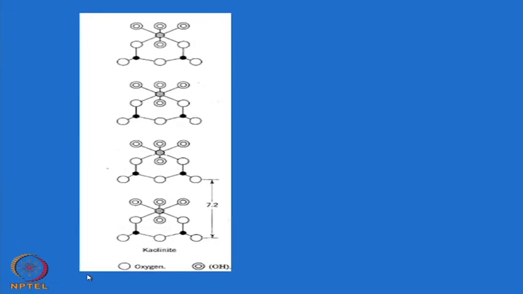Next, we come to some few more sheet structures. I will not discuss greater details, but I will give you some idea how this kaolinite structure is different from other sheet structures. Okay. This we have discussed, this is your silicon oxygen layer, and here is the silicon, this is aluminum, and you can see there are 6, total 6. So, this is octahedron here, this is tetrahedron. Okay. So, this is the aluminum hydroxyl layer, and here